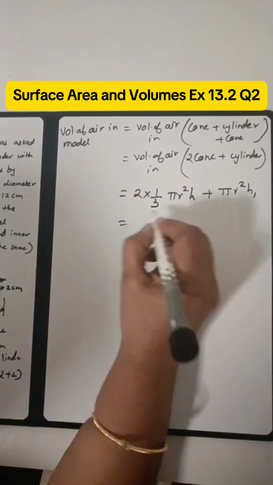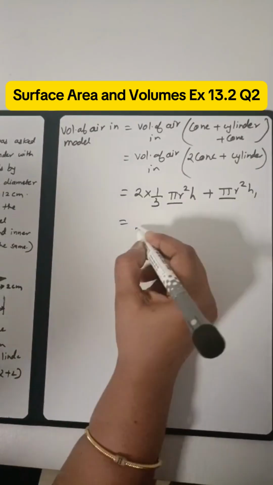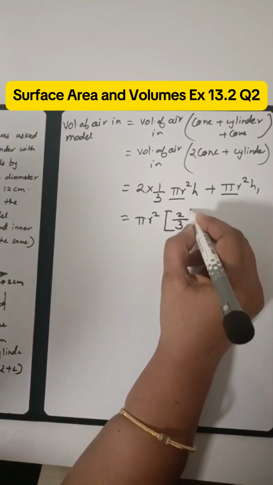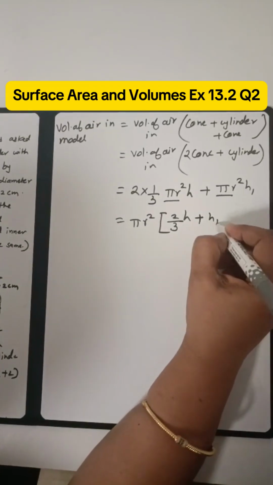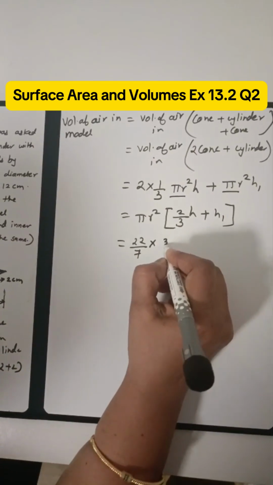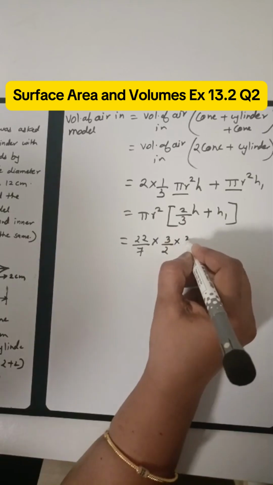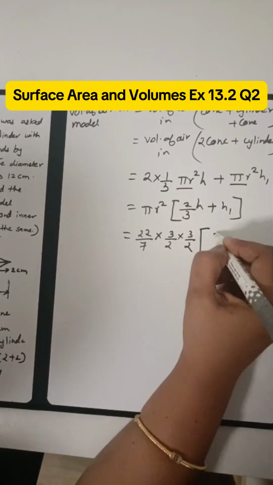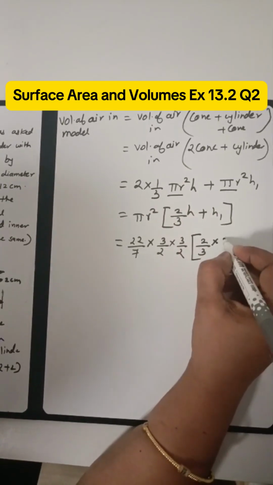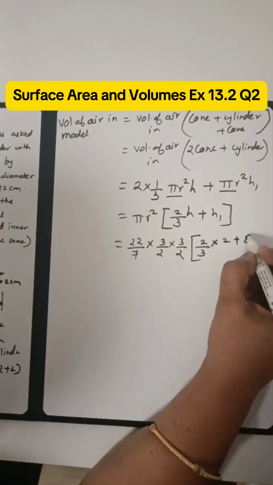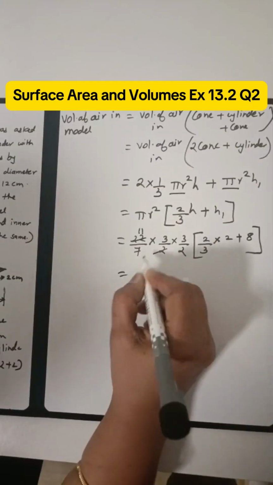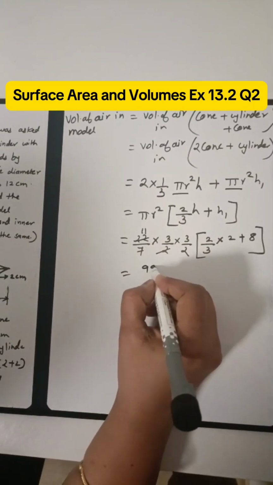Okay, so I can see here I can take pi r square common. I will take it common and I will be left with 2 by 3 h for the first term and h1 for the second term. I know pi is 22 by 7 into r, we have got it as 3 by 2, r square. That means I will write it twice into 2 by 3 into height h, that is the first one, is 2 plus h1 we have got it as 8. And now we will calculate, this will become 11 and this will become 11 into 3 into 3, that is 99 by 7,